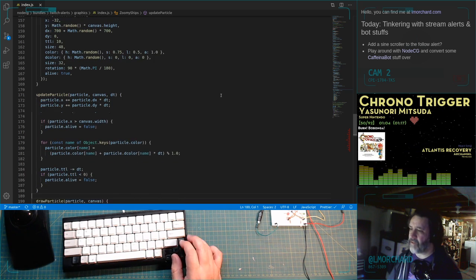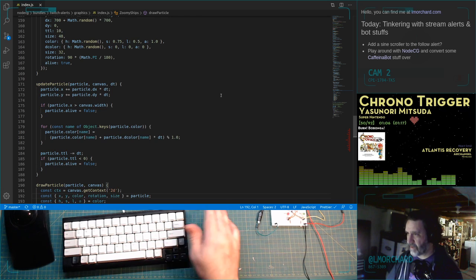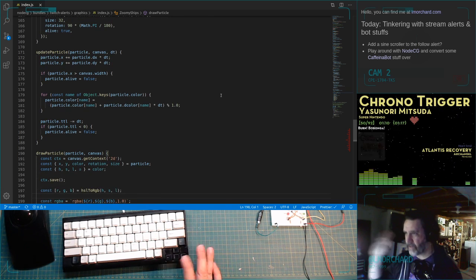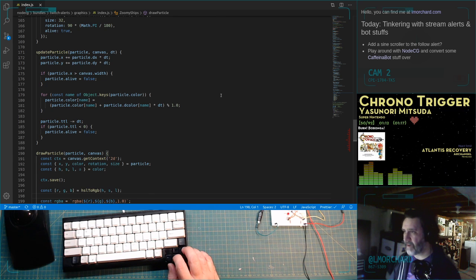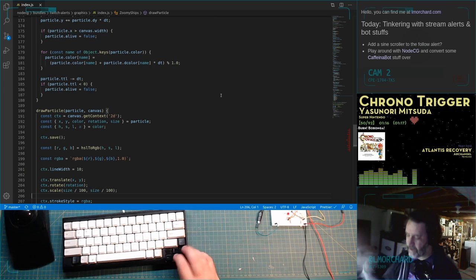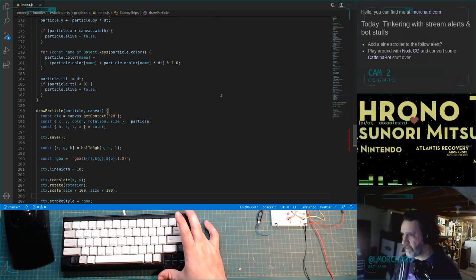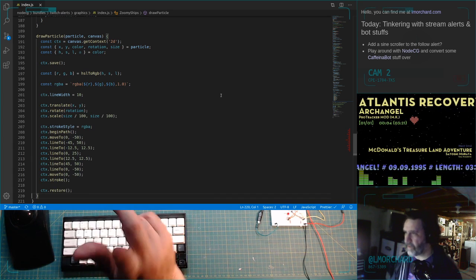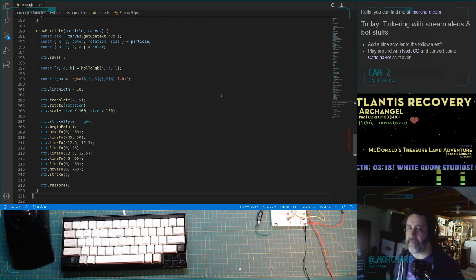The update part just updates their position based on velocity. If they go off the screen, they're dead and they'll get garbage collected. Cycles the color. If they run out of time to live, they're dead and they'll get garbage collected. And then the draw part is what actually draws the little spaceship. So I can create a new animation system